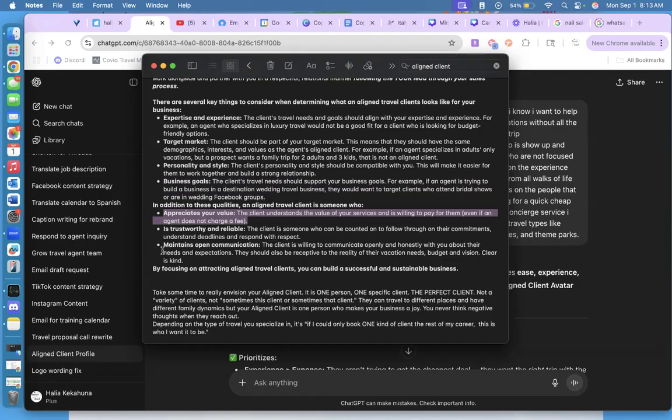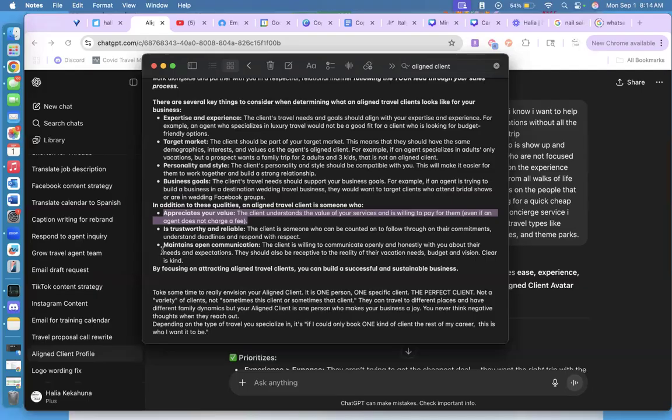And if you guys don't know how to build value as a travel agent, let me pull my planner out. Tasha is actually teaching a training on that later this month, on the 28th, you guys, at 5 p.m. PST. Tasha is teaching a training on building value as a travel agent. Okay, that is going to be very, very important. If you're one of those people who are like, well, I don't even know why somebody should book with a travel agent, that is going to be a very important training.